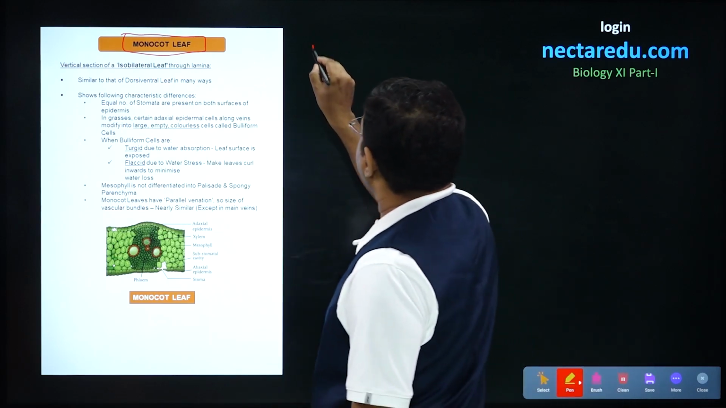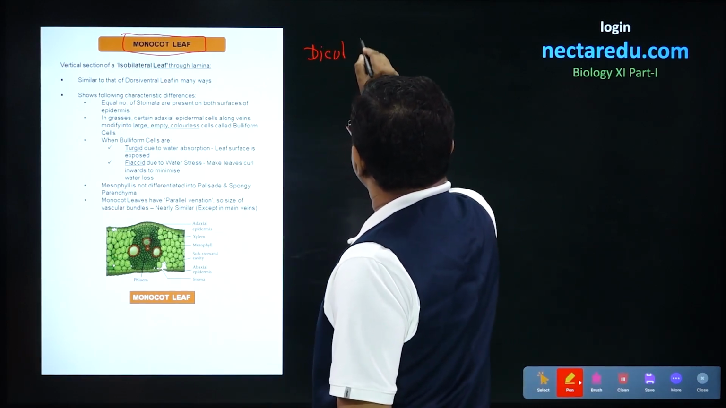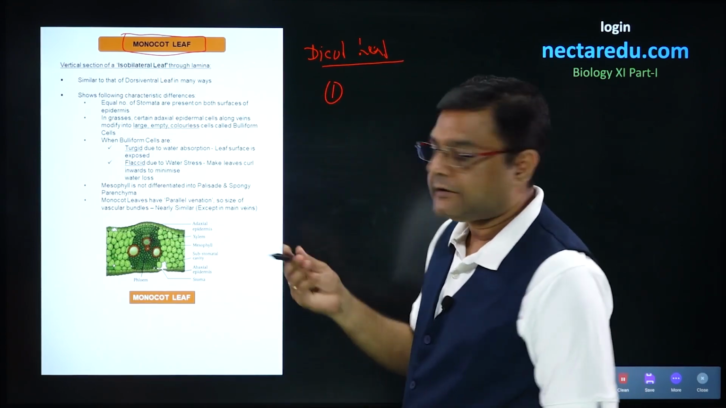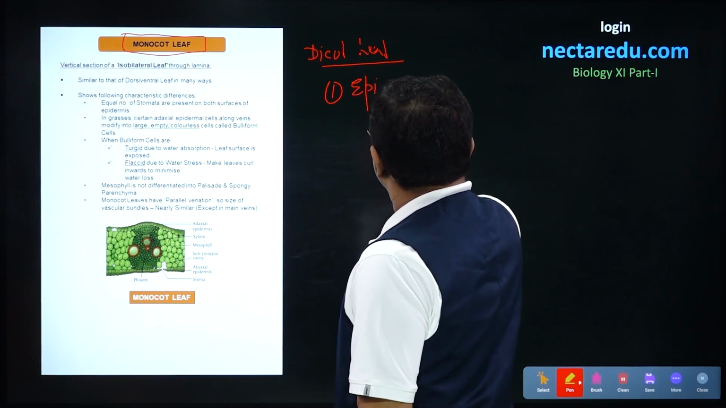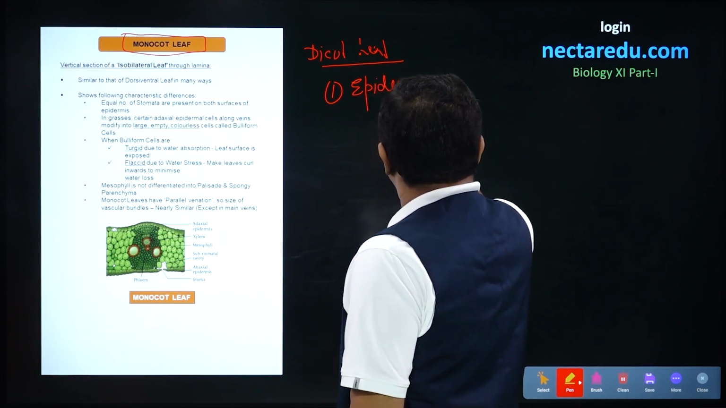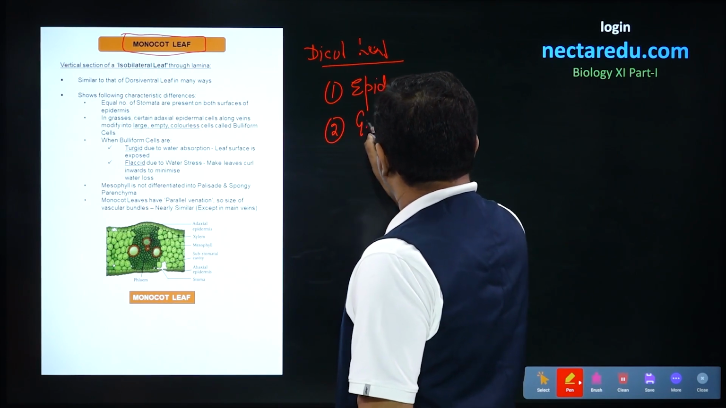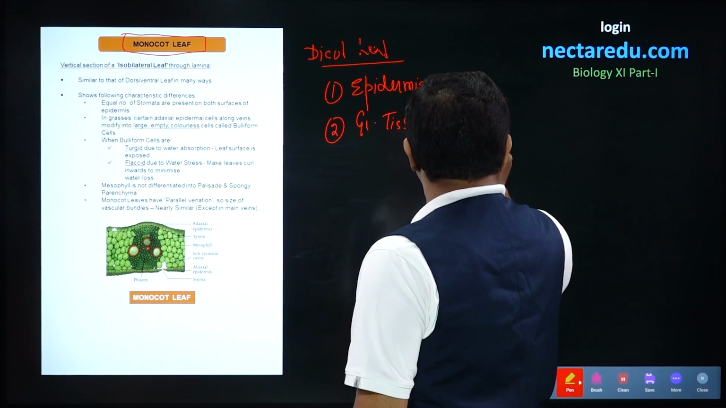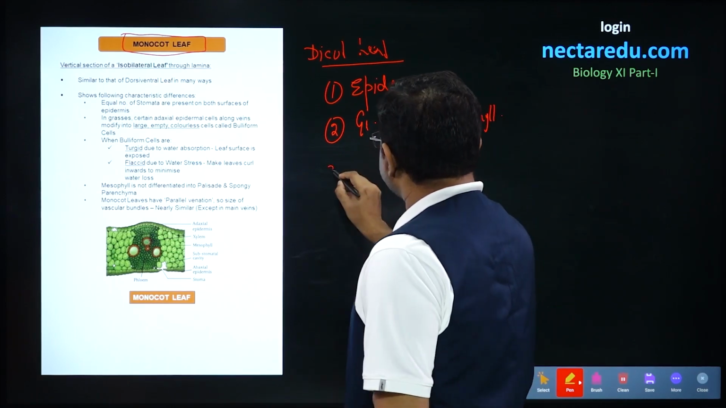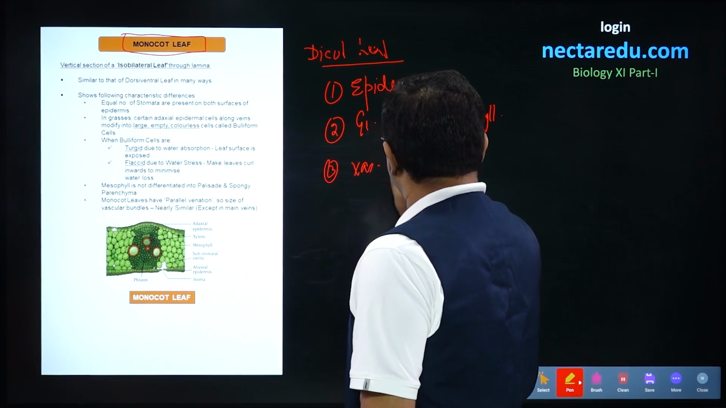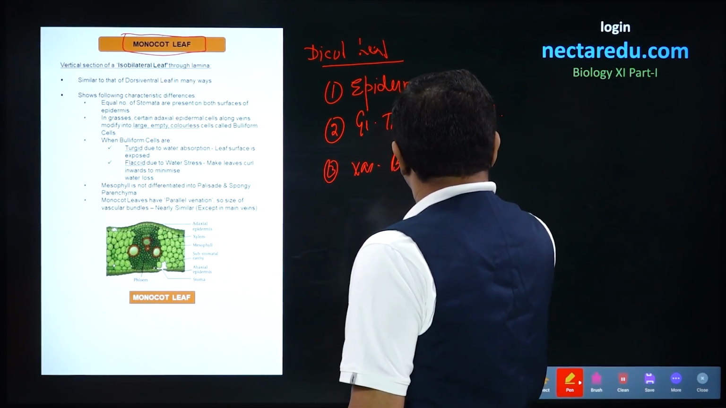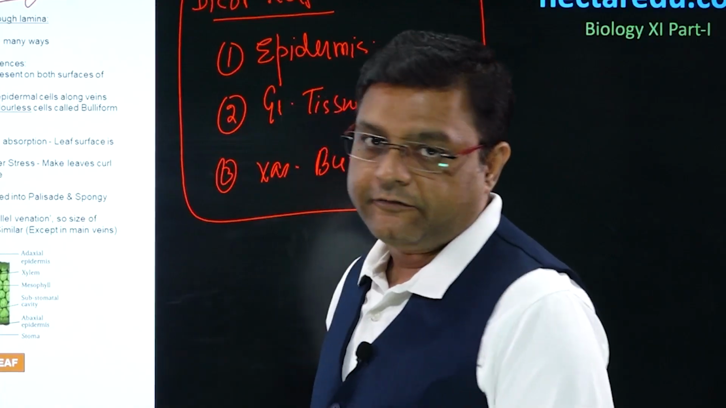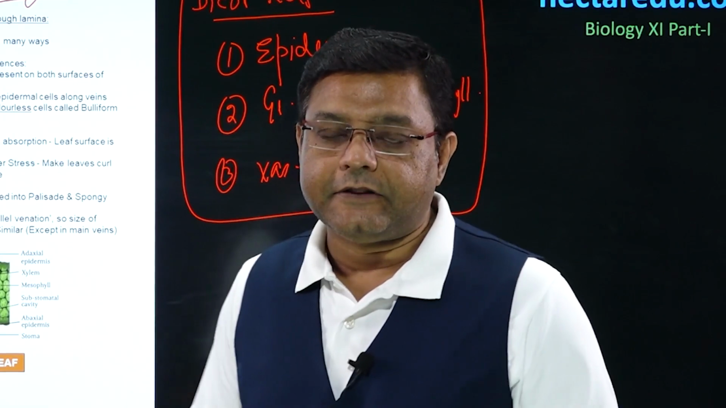Now, if we talk about dicot leaf anatomy, then in that case, it was divided into three parts. The first part was epidermis. The second part was ground tissue, and the whole ground tissue was called mesophyll. And the third part is the vascular bundles. So, all these three parts are present in monocot leaf as well, but there are certain differences which we will